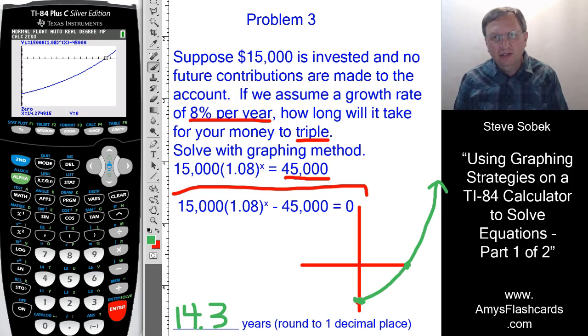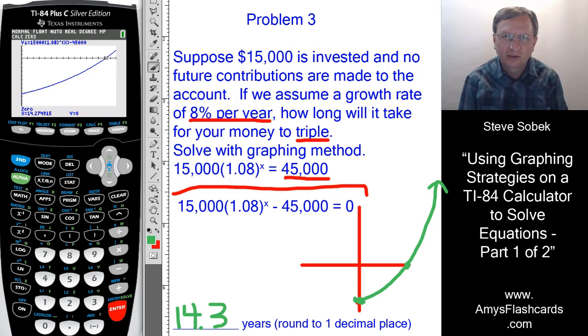All right, so there you saw how we would use one of the graphing methods on a TI-84 calculator to solve equations. Second, calculate, left bound, right bound, best guess. It all is really very simple. And even though the equations might get more and more complicated, we're looking at exponential here, but if we had logarithmic equations or trigonometric equations or radical equations, no matter, it's still the same good old second, calculate, left bound, right bound, best guess, and we can get solutions very easily,